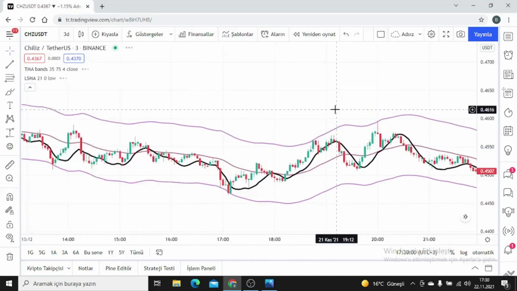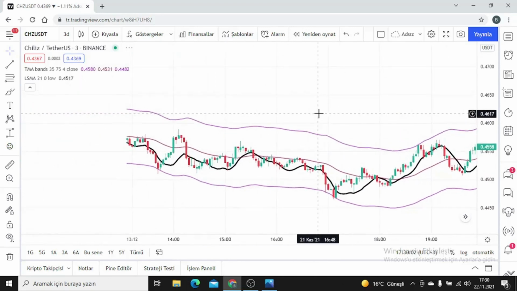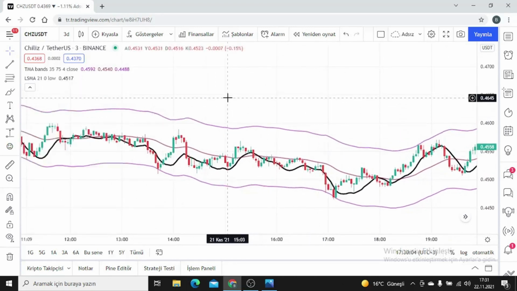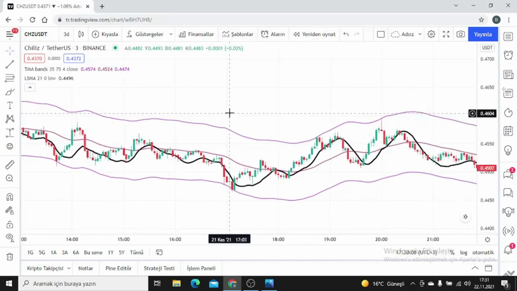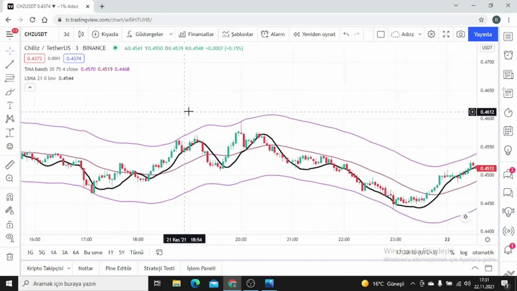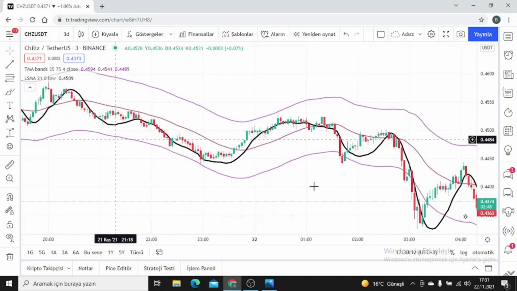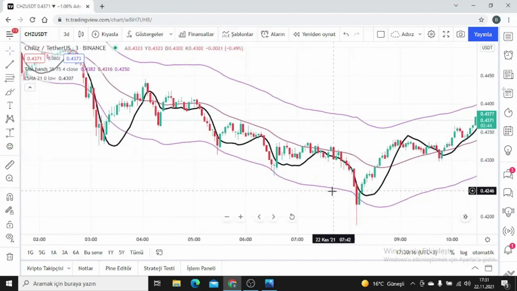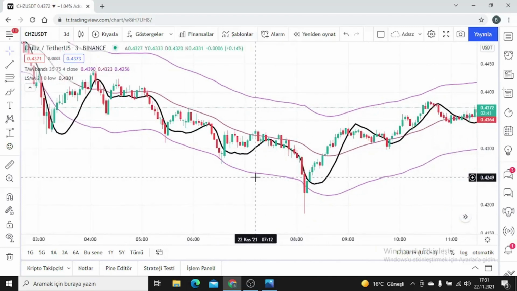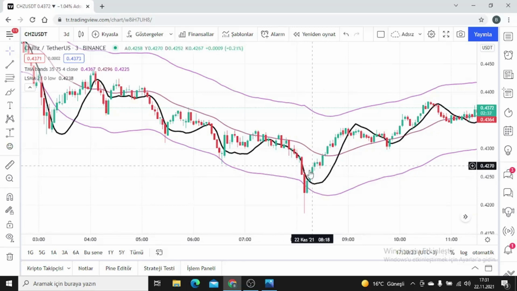What if an alarm goes off for you when it crosses up there? You already see where this candle close is. And you give your own consent whether to enter the transaction or not. For example, there was a candle closing here and the alarm sounded. You can enter a transaction here, friends. When we go back a little more, as you can see, we can see that there is a price increase when the prices are above the continuous moving average.